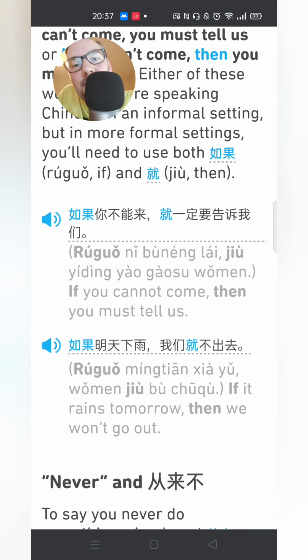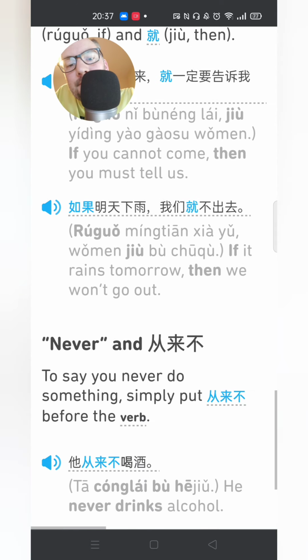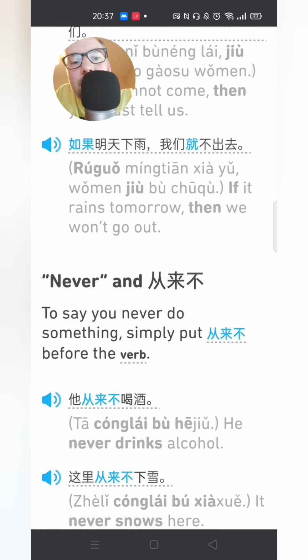If you cannot come, then you must tell us. 如果明天下雨，我们就不出去. If it rains tomorrow, then we won't go out.